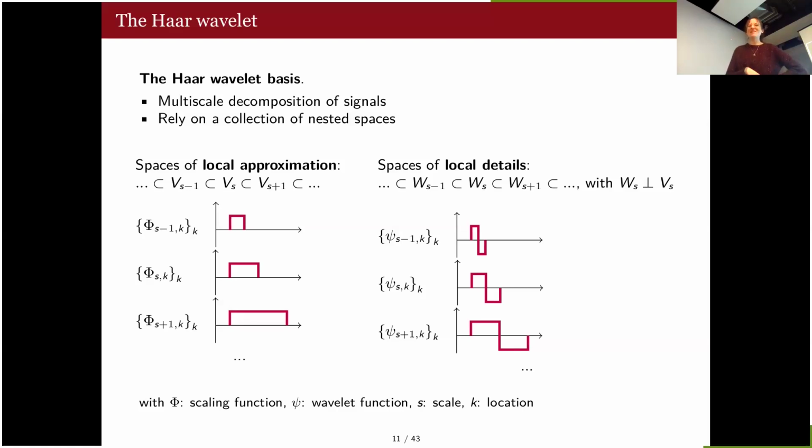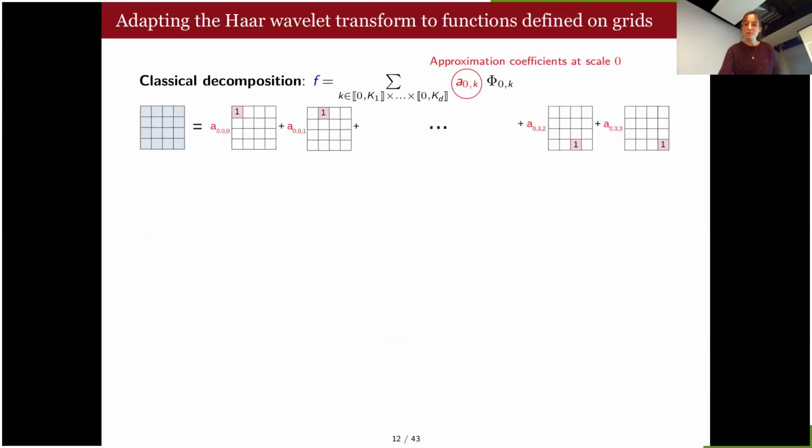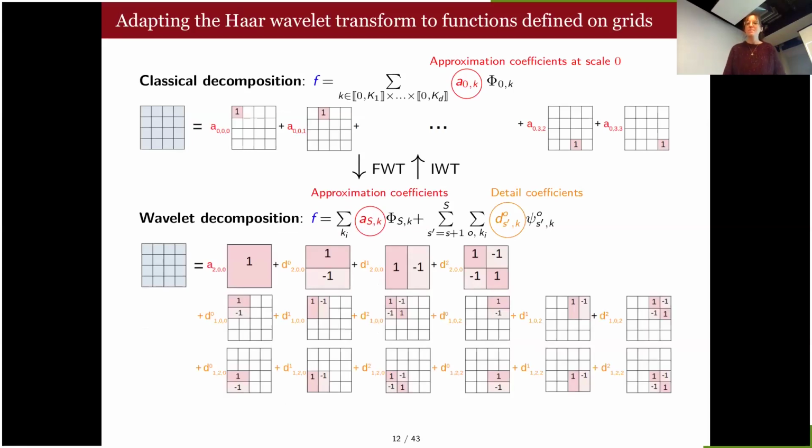I'm not sure it's much clearer, sorry, but the idea is that we can actually decompose our function into average coefficients and detailed coefficients to really decompose what constitutes the mean values and the local differences of our signal at different scales. And so, for instance, if you come back to the other slide,